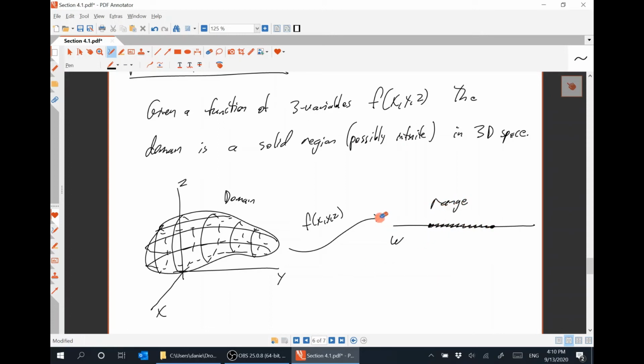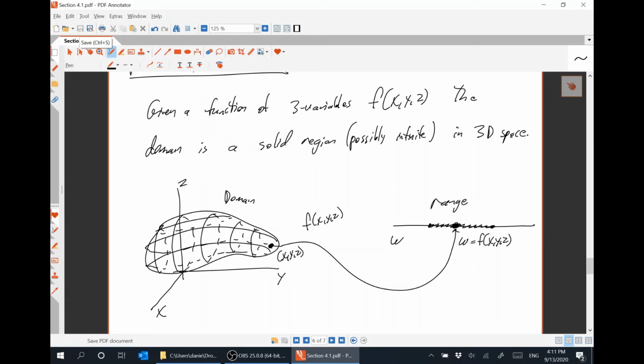So this is the range, and this function takes a point x, y, z, so say over here, x, y, z in the domain, and takes it over here to this point w equals f(x, y, z). Now, we can no longer visually think of the graph anymore, unless